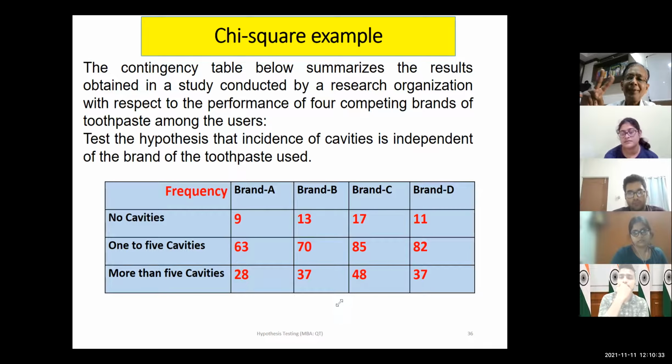So the two factors we are trying to verify, whether they are dependent, associated or not. Factor 1, incidence of cavity. Factor 2, use of branded toothpaste. Now, as we have already discussed earlier, null hypothesis, you should start with by default: there is no relation, there is no dependence. So that is what you are accepting. Accepting means what, Sarada? Means both are not dependent. We are accepting the null hypothesis.